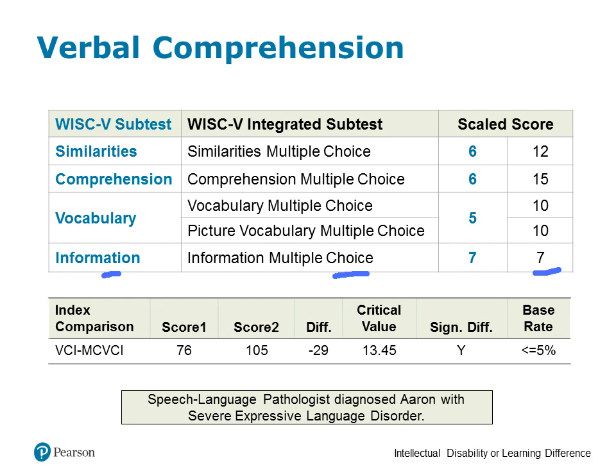So when you look at WISC-V and WISC-V Integrated, on WISC-V, we had an index score for the VCI of 76. You can calculate a multiple choice verbal comprehension index based on his scale scores for similarities and for vocabulary. That is 105. Notice the difference between the 2 is significant and unusual. Now, I need to point out, just to remind you, that even though you see these improvements based on the WISC-V Integrated,